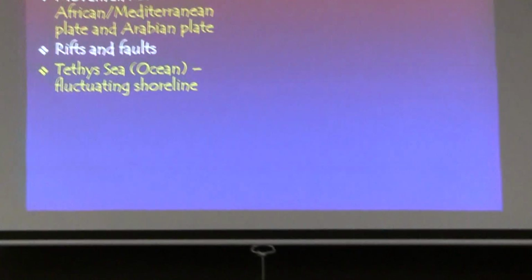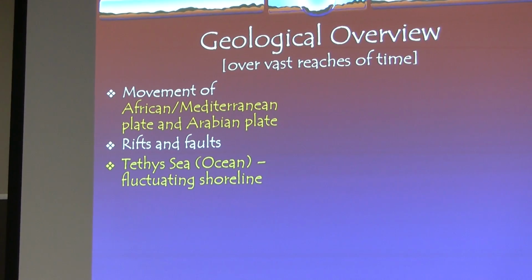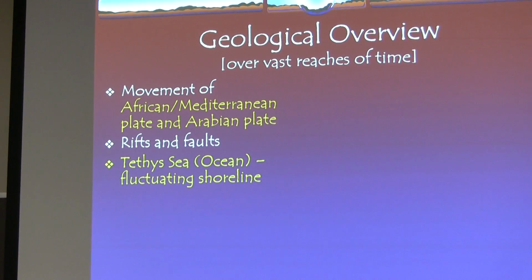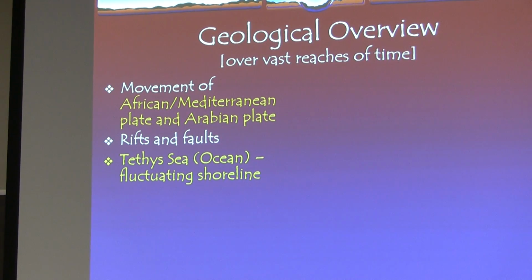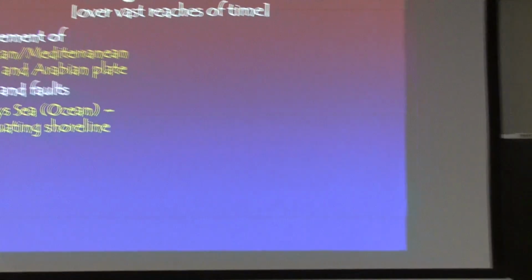At some point in the past, over this area that we now think of as the land of Israel, was water. It's called the Tethys Sea, sometimes called the Tethys Ocean. But when you have water over an area, that means that you have living organisms. They die and sink down to the bottom. They're made of calcium, and so you're going to have that component becoming sedimentary rock at the bottom.